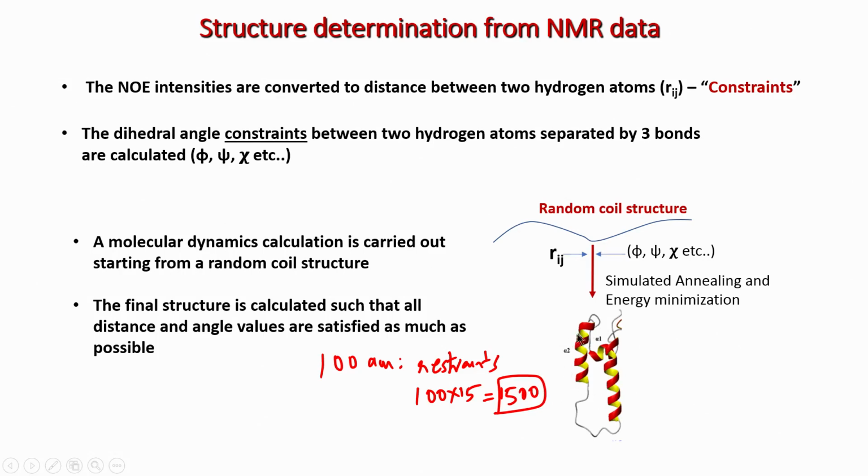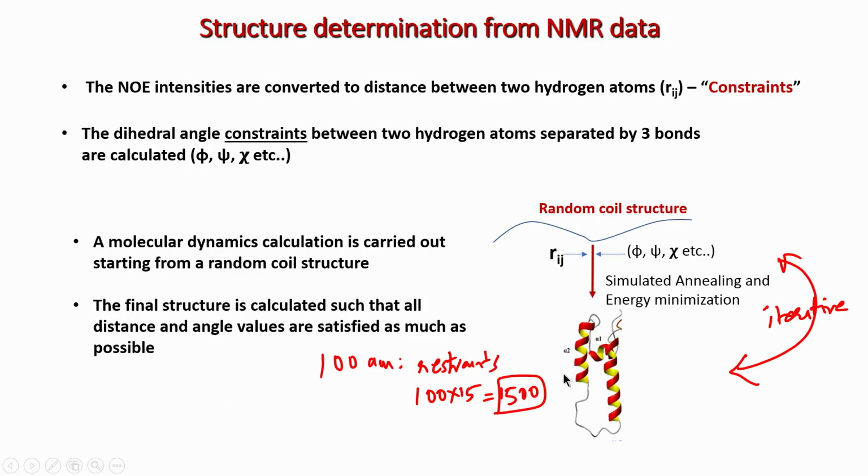So, we have to refine this structure; it is not a one-step process. We get the structure, then we find some distances are violated, meaning not satisfied, then we remove those distances, or we adjust the cross peak, maybe the assignment was wrong, and so on, and restart again and build a new model. Like this we go through iterations. So, I would say this process is iterative, it keeps happening till we reach a level where we say okay, we are satisfied with the distances and constraints that it has satisfied. Once you reach that satisfaction, then we can say that our job is complete.